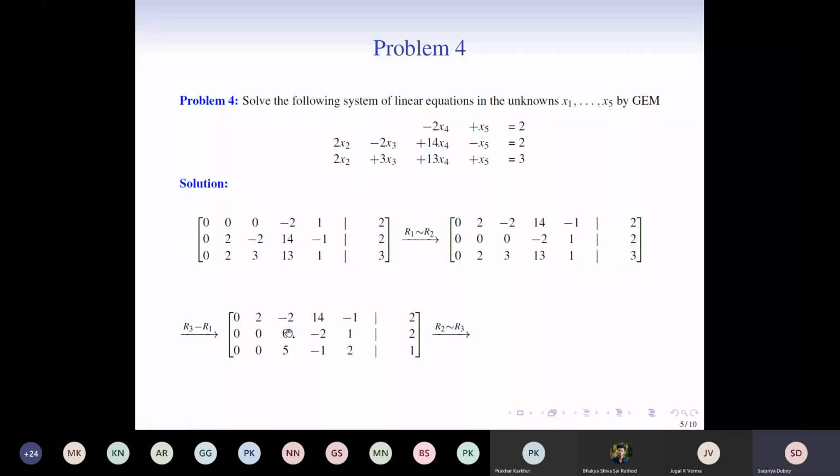Once this is done, we look at this particular matrix. We are done with the second column. Now look at this matrix. Here also the very first non-zero element in this 2 cross 5 matrix is 5, which is not in the first row. So again, we need to interchange these two rows, and we have this. This is now in row echelon form. Also see that the pivot elements are 2, 5 and -2. The pivots occur in the second, third and fourth columns.